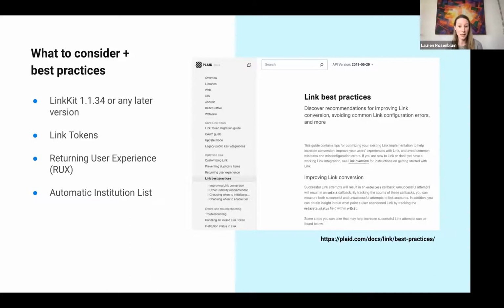That's how you'll really be able to get the most out of Plaid Link. We also encourage that you upgrade to Link tokens, since that is how the latest Plaid features and future improvements are going to get built. They're going to be available only on Link tokens. Third, we encourage you to adopt optional features like the new returning user experience, which is designed specifically